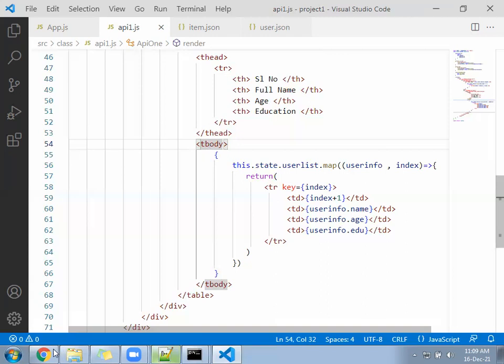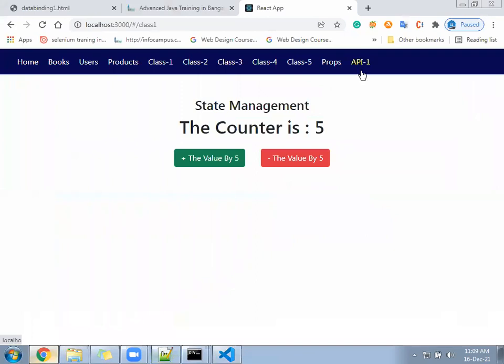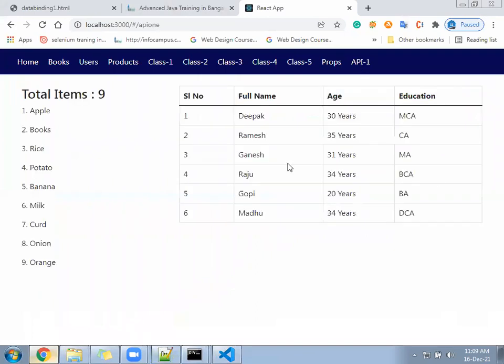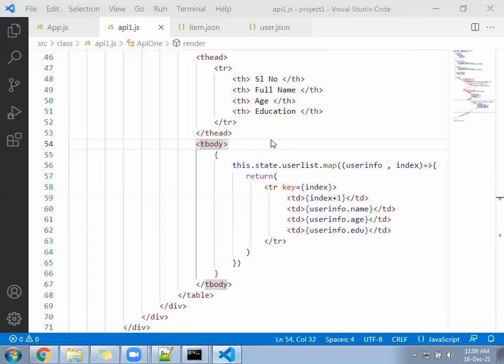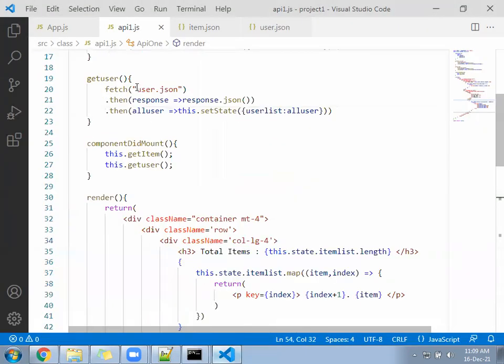So hope you are getting the list of data. This is coming from where? From the JSON file, from your computer only. Now suppose you are calling a URL that points to your public folder directly. People may ask: this code you have written in the SRC folder, class folder, and the file is available under the public folder, how is it linking? Because both are different places. Clear or not? This is in which folder? Class folder under the SRC. And that is in the public folder, outside the SRC.